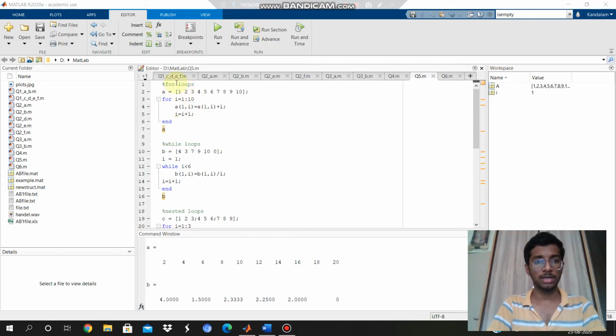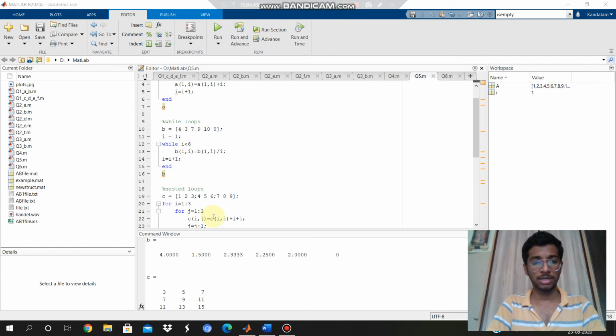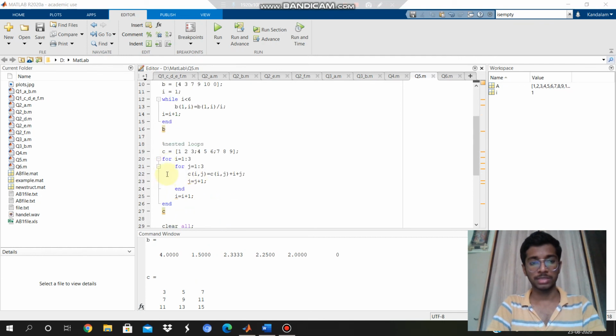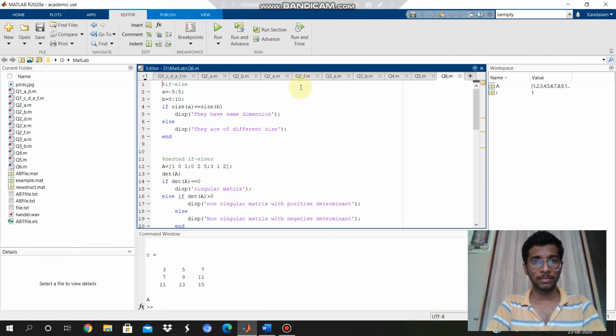Learning about loops, there are two types of loop, for loops and while loops. The for loop is given as follows, and the corresponding output is this one. The second type of loop is the while loop, and the basic syntax of the while loop is given here, and the corresponding output will be this one. For nested loops, we combine two for loops, that is, one small for loop inside a large for loop, and the corresponding output for this source code is given as follows.